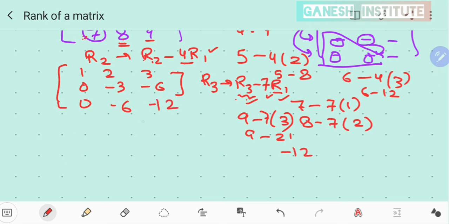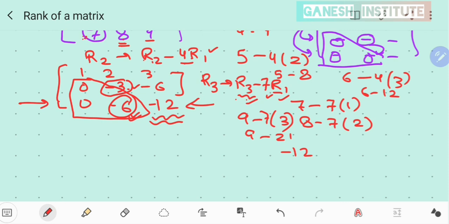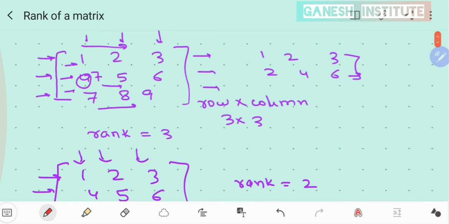Then if you see, you need to make this 1 and this 0. You can leave it as it is as well, but make sure that this would be 0, right? So when you make all these zeros, and you find that this element is also 0, that means your whole row would become 0, for example, then your rank would be 2. Are you getting my point? The rank would be counted from the rows having non-zero elements; all the elements should not be 0. Then that would be considered the rank of a matrix.